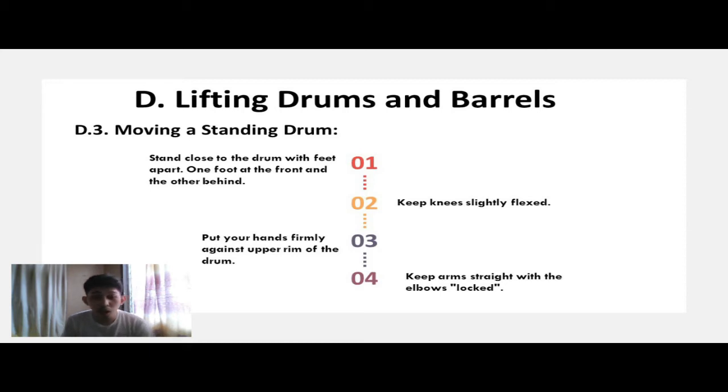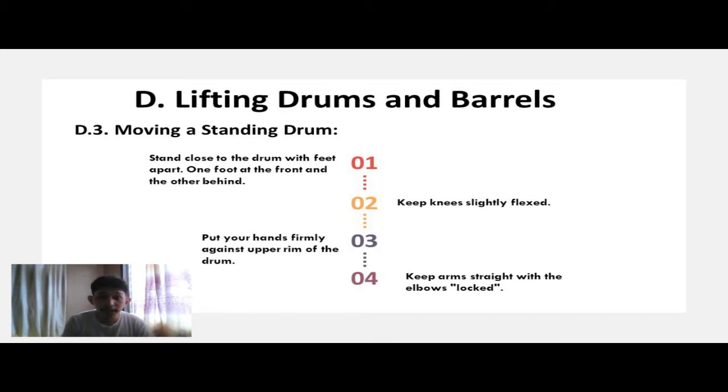So this is a common posture when you are starting to do a lifting action or a moving action. One of your feet is on the front while the other one is behind. Through this position, you will be able to exert enough force and balance to do your action successfully. So the next thing that you need to do is to keep your knees slightly flexed. So it should be bent a little, so you are preparing yourself on